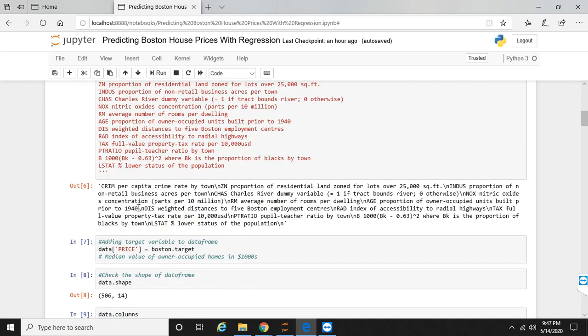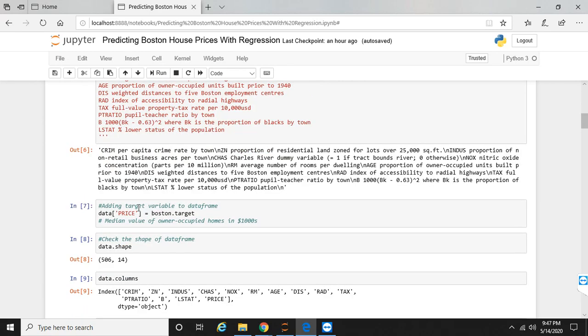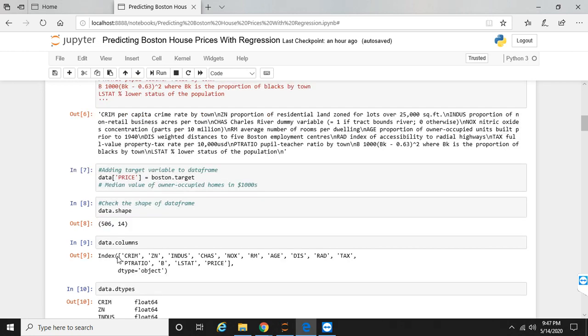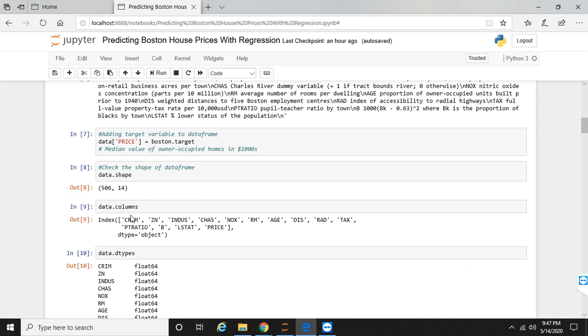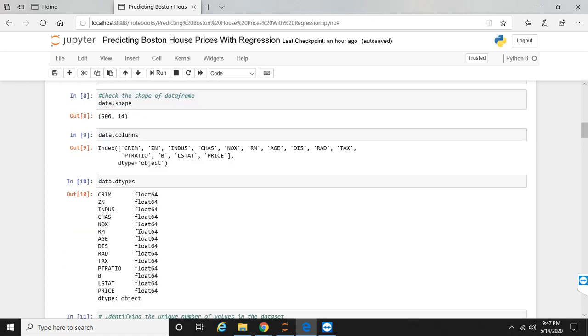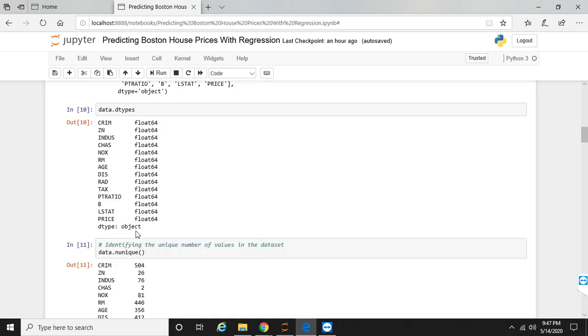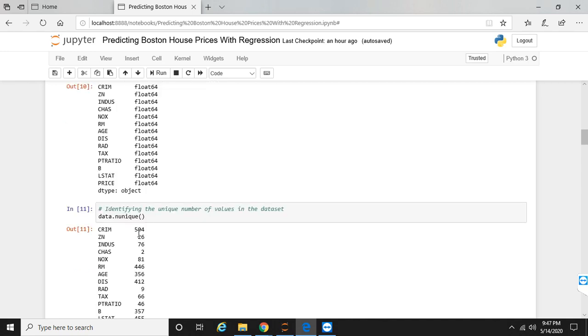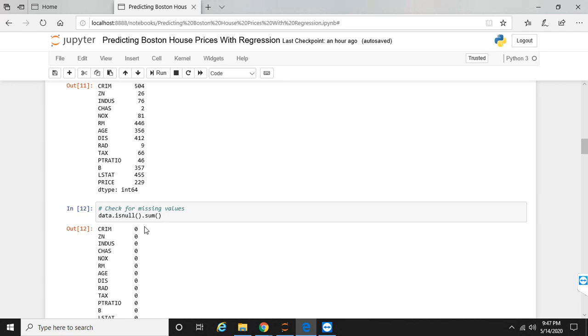And then I add the target variable. The target variable here is the price, and then after adding the target variable, check the shape of the data frame. The shape is 14 columns of feature attributes having 506 rows, and then data.columns displays the different feature sets. Then data types are displayed, and then try to identify the unique number of values in the data set. data.unique displays the unique values,